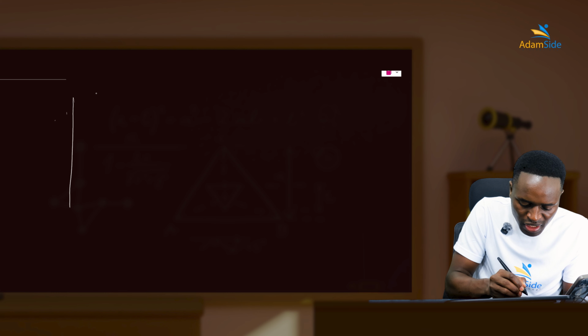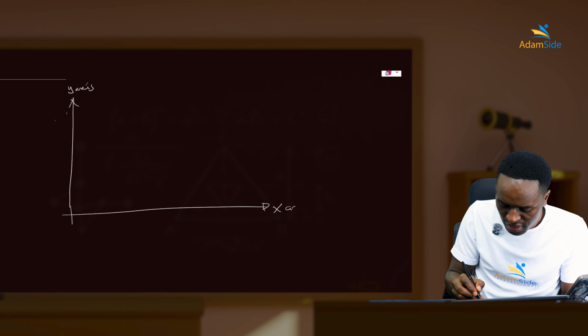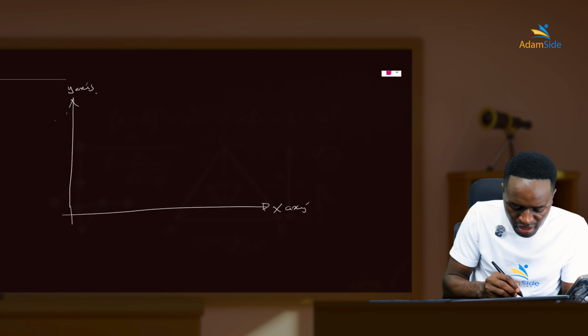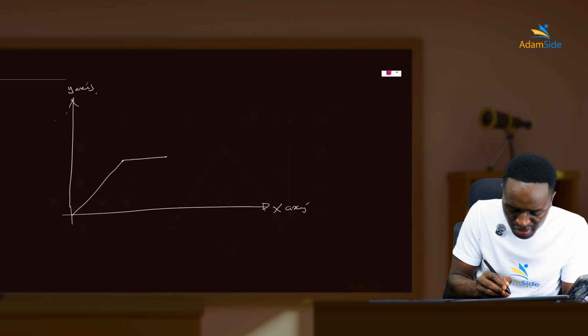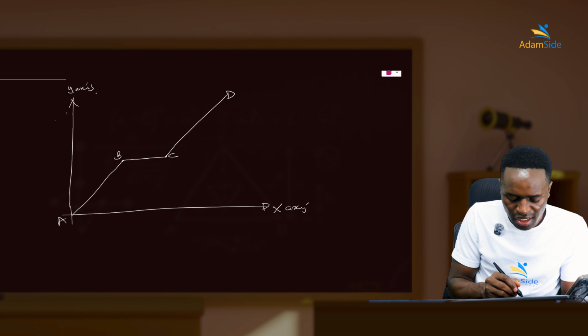So in a distance time graph, we'll have a y-axis, and then we'll also have an x-axis. And then in between we have an object moving, then it rests for a specific period of time. Let's say you have an object going from A to B, then rests to point C, and then it moves from point C to another point D. So you can see if this is a car, it's moving